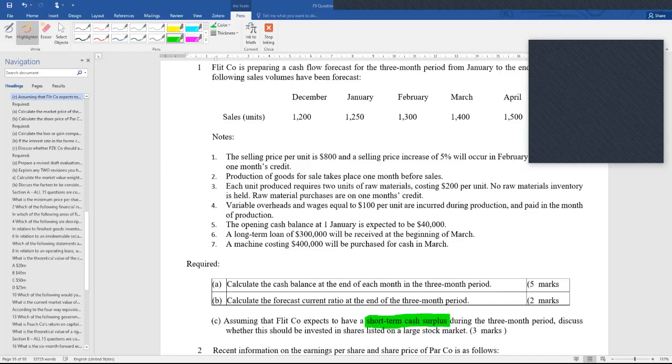So Sakina, for part C, you should decline, yes. The company should not invest in shares, just in case they are going to be illiquid. The idea is that since this is a short-term cash surplus, it should be invested in short-term maturing assets, not the long-term ones, not the illiquid ones. For 3 marks, don't forget, at least 3 concrete, solid points. So attempt part B.